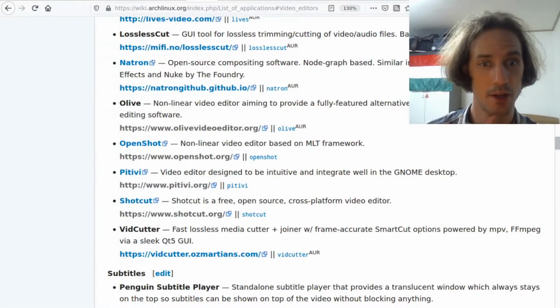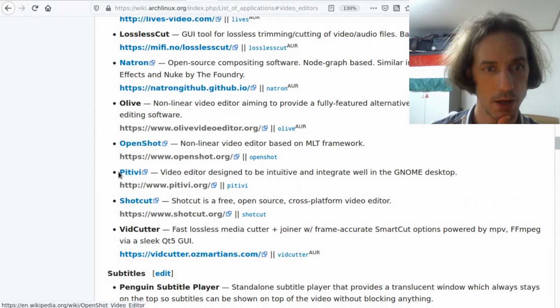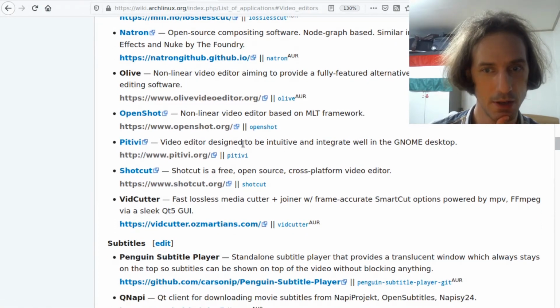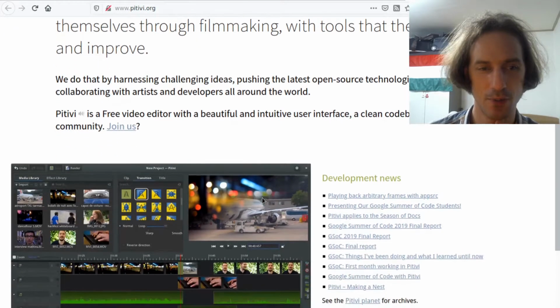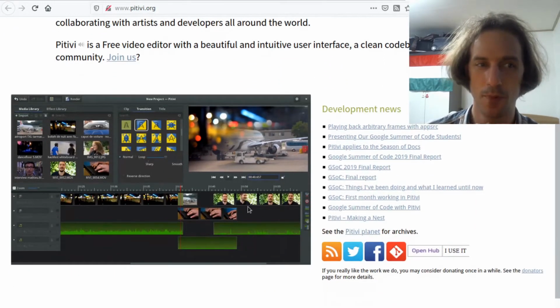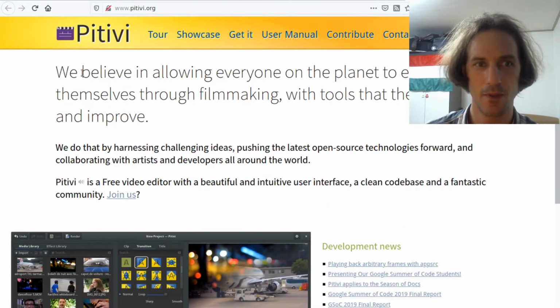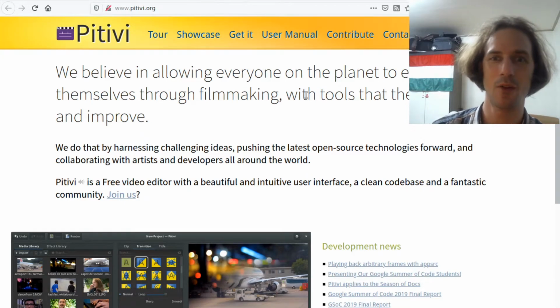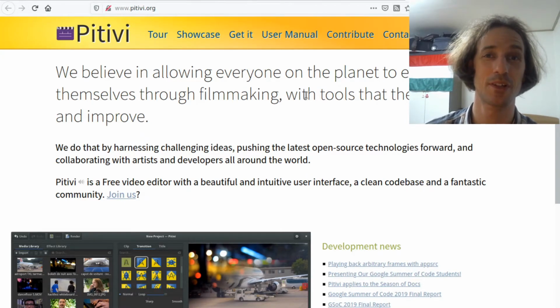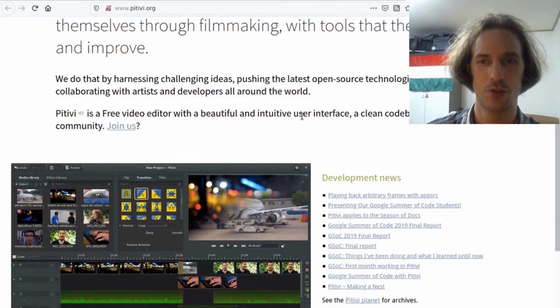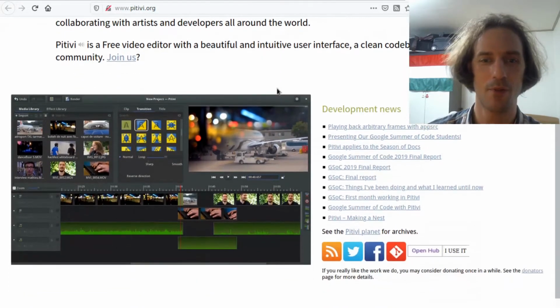And so the next thing we are taking a look at is going to be Pitivi, which is kind of trying to be integrated to the GNOME desktop. They have their stated goal that they want to allow everyone on the planet to be able to express themselves through the art of filmmaking, with tools they can own and improve. Very nice